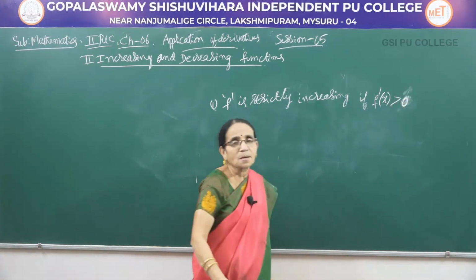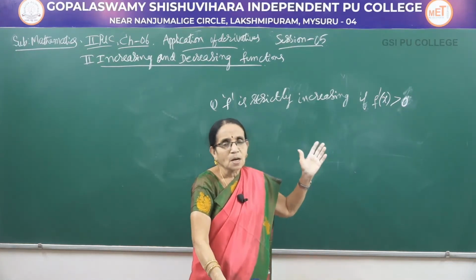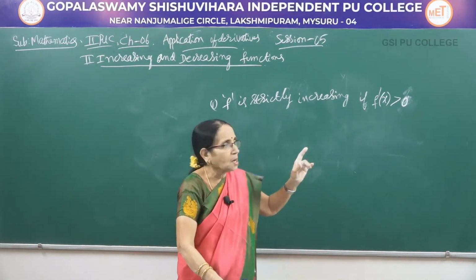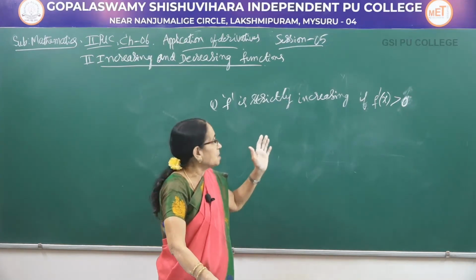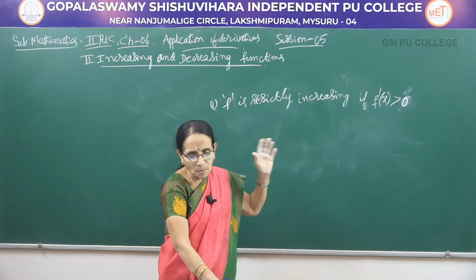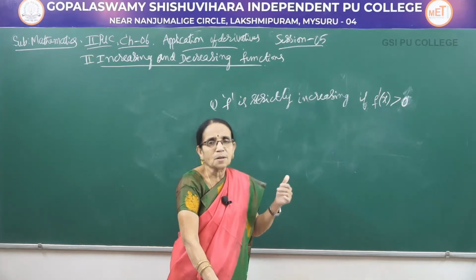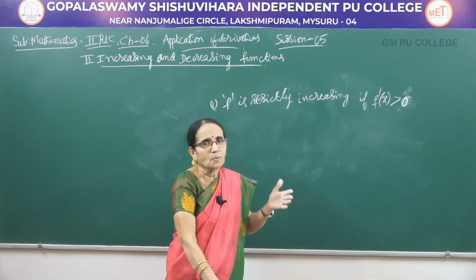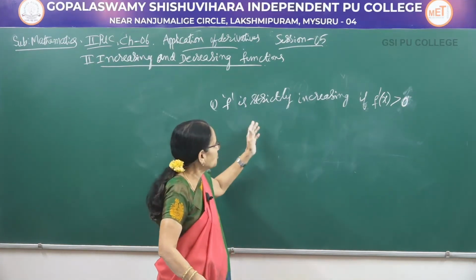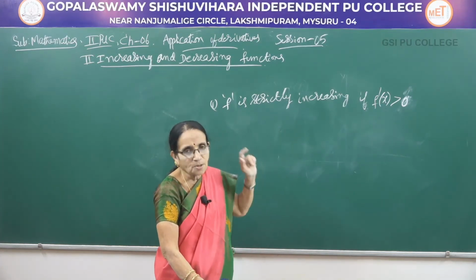What do you mean by greater than 0? It is positive. That is, after finding the derivative, if you prove that it is a positive quantity, then you can come to the conclusion that the function is strictly increasing in the given interval a comma b. So, that interval is important here because even the definition of strictly increasing and decreasing I have given you in an interval I. Here I am taking a particular interval a comma b, it is a closed interval. So, f is strictly increasing if f dash x is greater than 0.